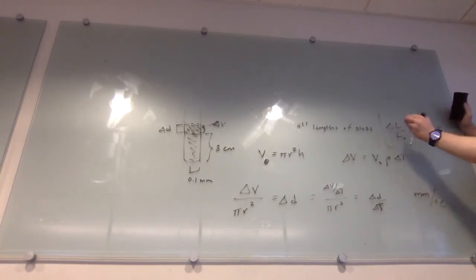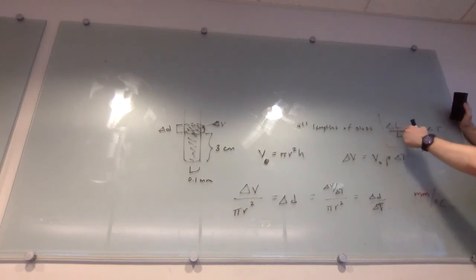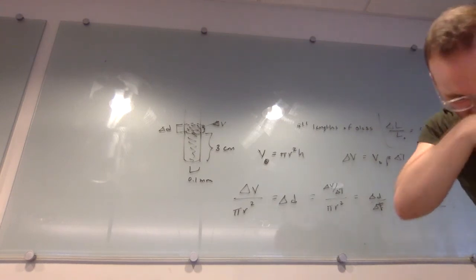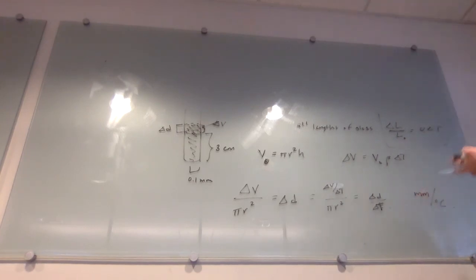If all lengths of glass have this relation and alpha has units of something per degree Celsius, and delta T you could put to be 1 again because they want everything per degree Celsius, this has to be true for R and H. So we also have to have